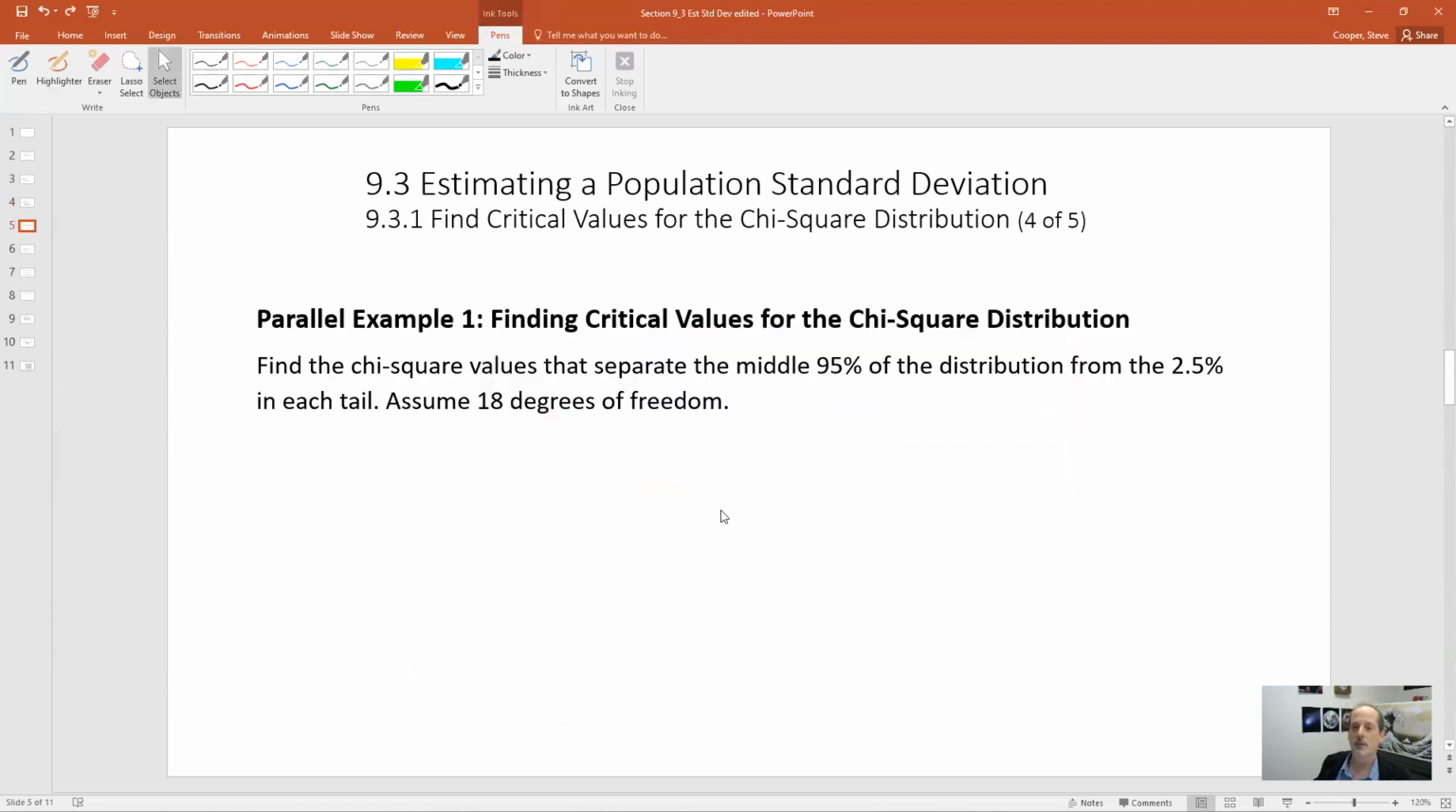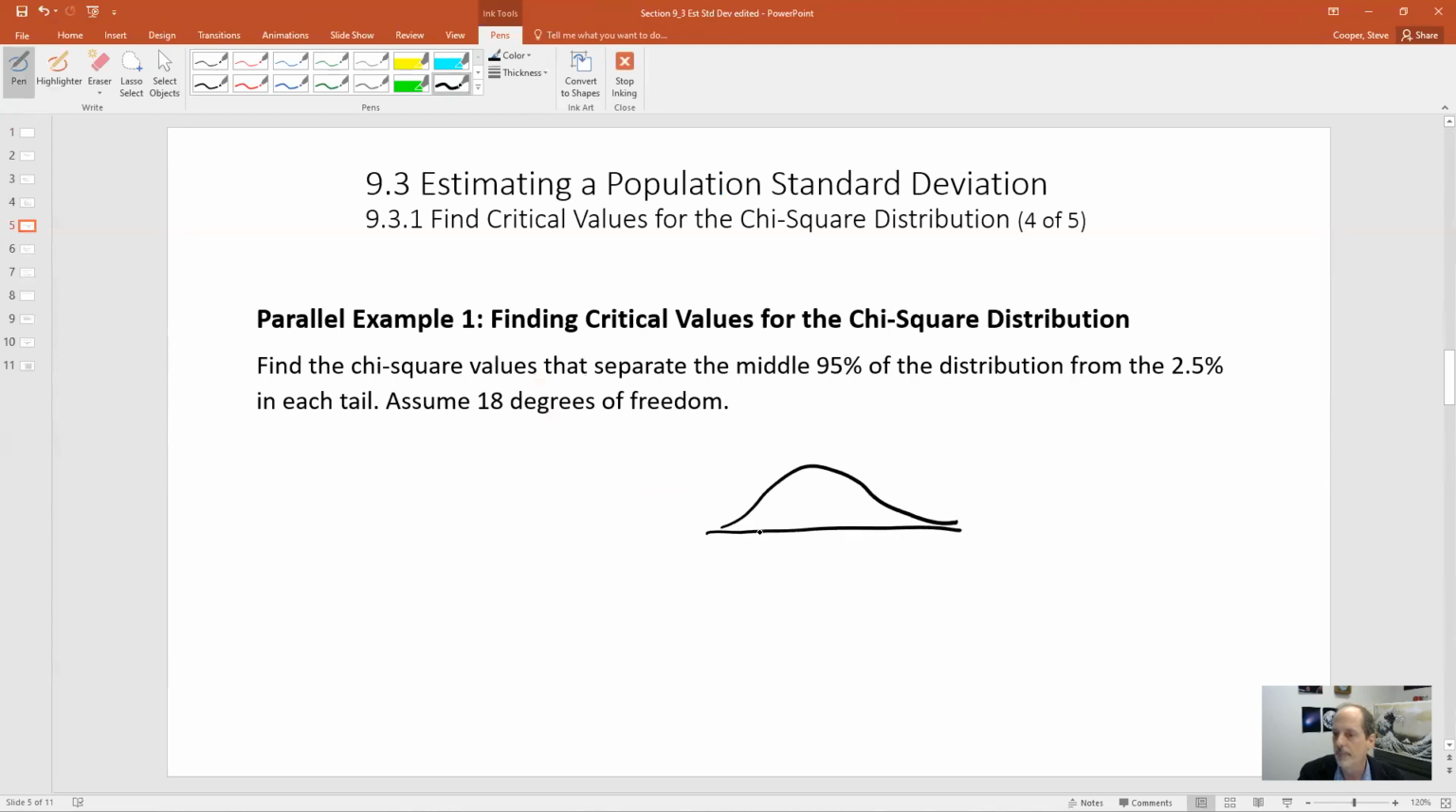Okay, so we use what we call the critical values. Critical values are what we use in the calculation of the bounds for our confidence interval. So we have to learn how to find critical values before we can develop our confidence interval. So we want to find the chi-square values that separate the middle 95% of the distribution. So if our shape is something like this, a little bit skewed right,